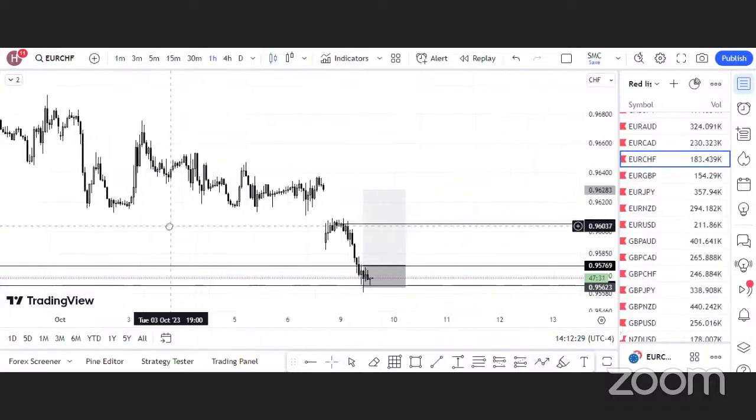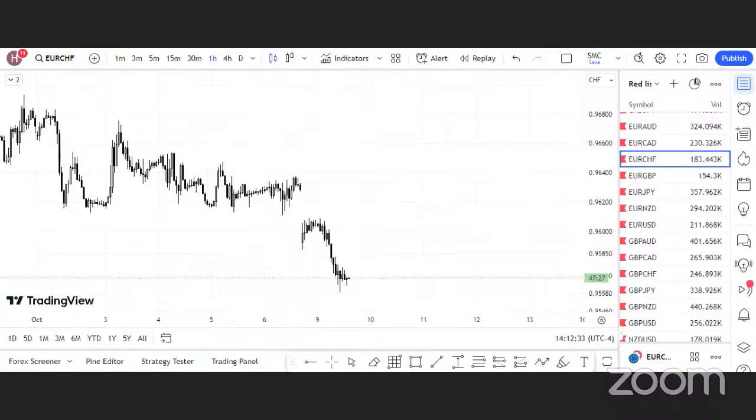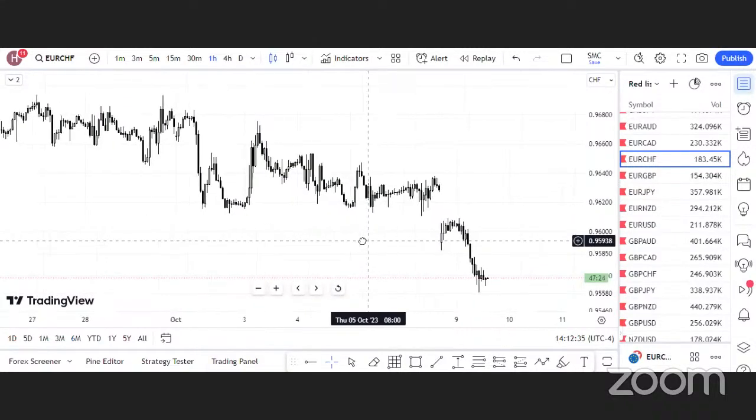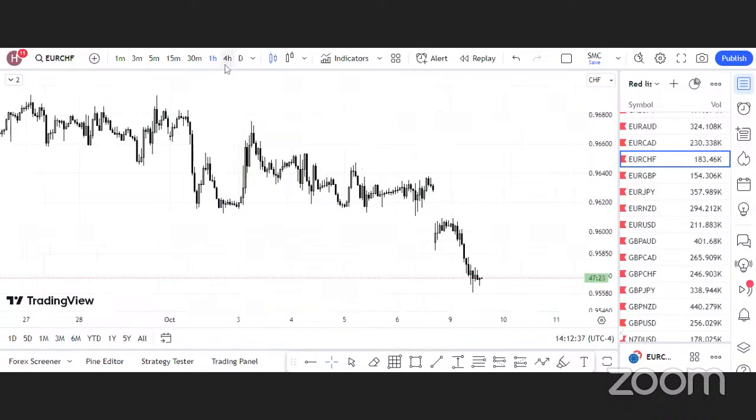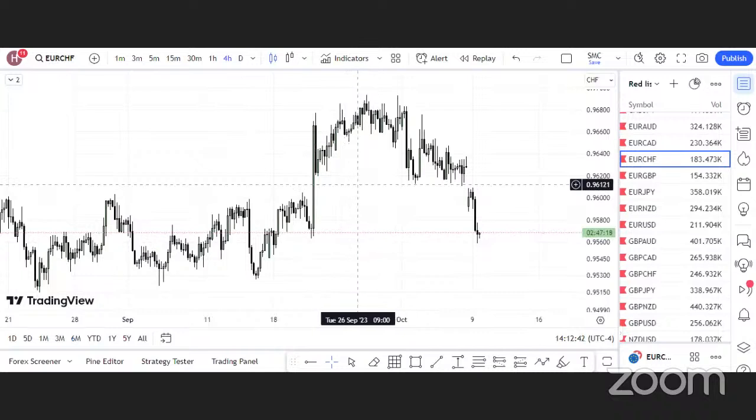Okay. So we have Euro CHF. Let's delete the drawings and let's make a fresh analysis. So let's go to the 4-hour time frame. In case you are wondering why I go to the 4-hour time frame, it is because the 4-hour time frame is where